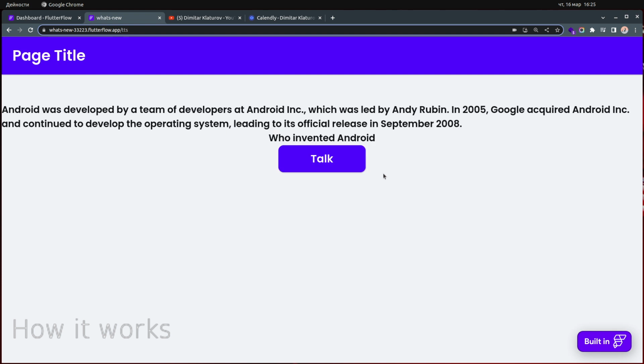Android was developed by a team of developers at Android Inc., which was led by Andy Rubin. In 2005, Google acquired Android Inc. and continued to develop the operating system, leading to its official